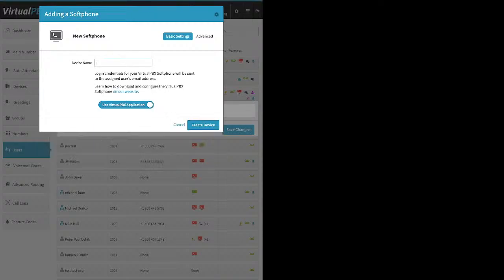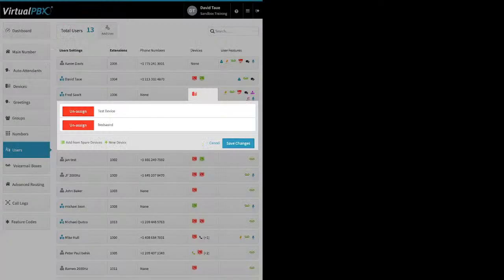Yep. So now I just give a device name, right? I click on create device, and then when I click on save changes, this will send Fred an email with his login credentials for the VirtualPBX soft phone application. There'll also be download links in that email, so he can just download the app to his Android or iPhone,